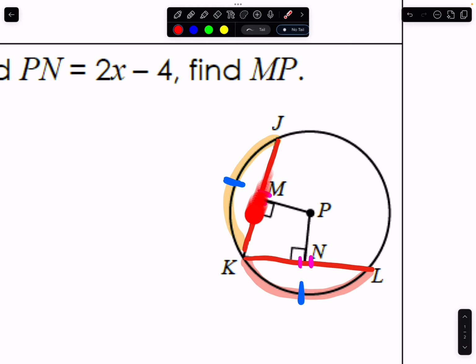So chords are equal, which means this distance is equal to this distance. 1, 2, 3. 1, 2, 3. That means your setup is going to be